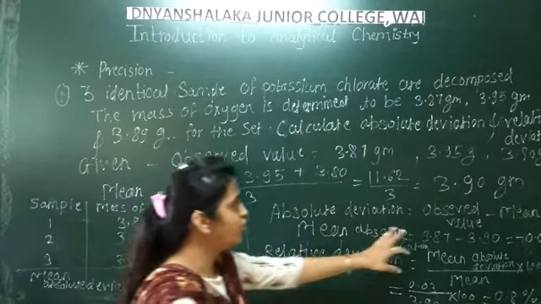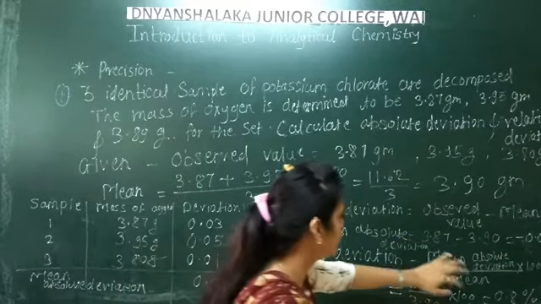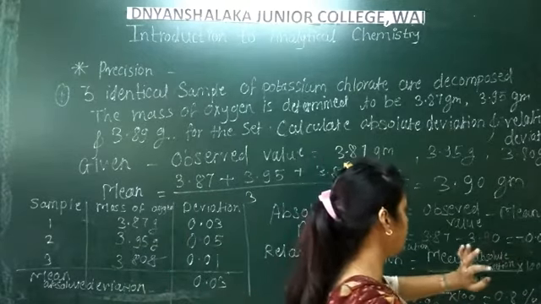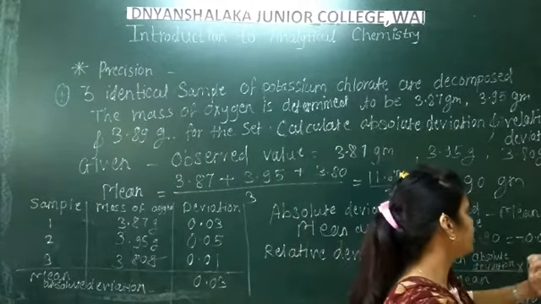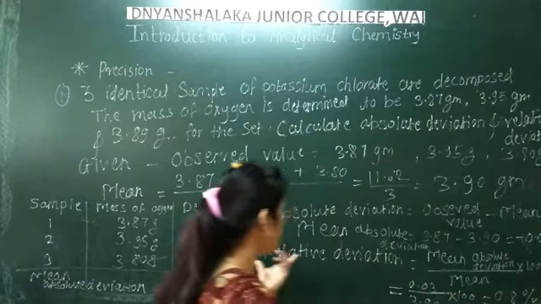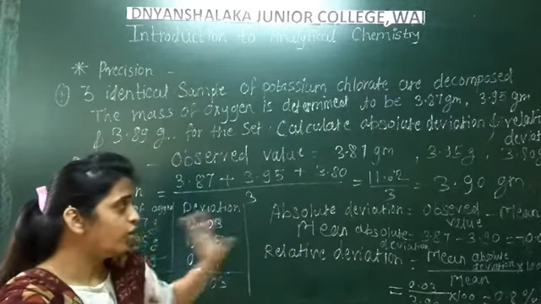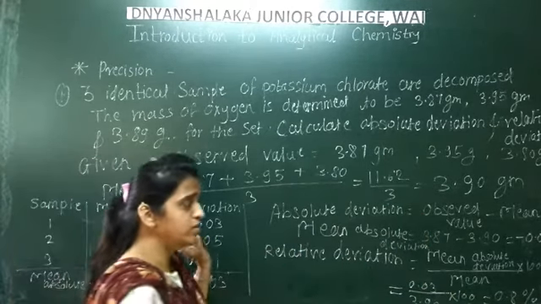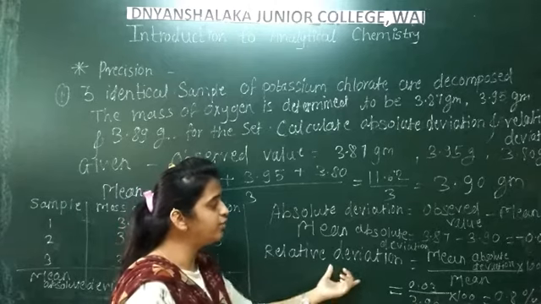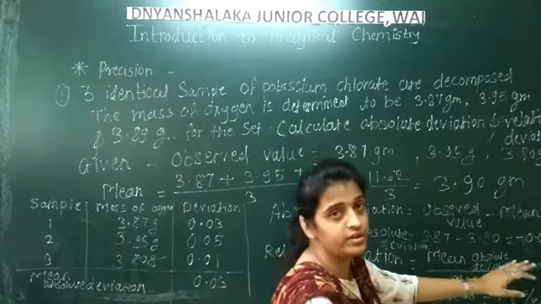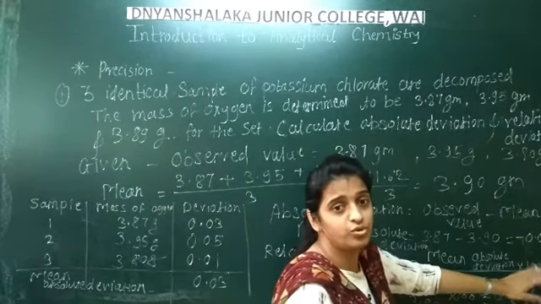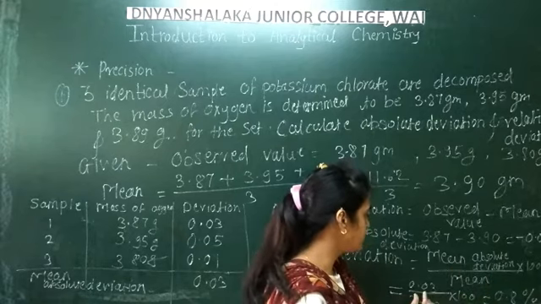Absolute deviation is observed value minus mean. Observed value 3.87 minus mean 3.90, we get minus 0.03 gram. So we find the absolute deviation is 0.03 gram. Next, the relative deviation formula: mean absolute deviation upon mean into 100%. So mean absolute deviation 0.03